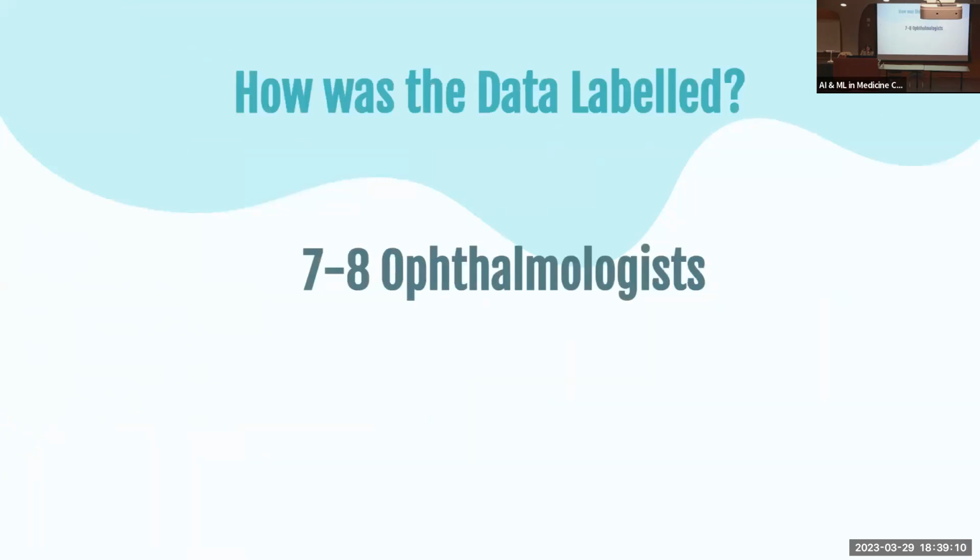Let's see. So ophthalmologists have to follow guidelines. They have to go through this process of what actually is diabetic retinopathy, like, how do I even recognize this? There is a scale called the International Clinical Diabetic Retinopathy Scale, and that's what they use. They don't use confidence intervals for that. It's just if they satisfy certain criteria and it's above that threshold, they say, yes, you have diabetic retinopathy, or you should be referred for further assessment. That's how they do it in medicine, so that's how they train this model to reflect our current medical practices.